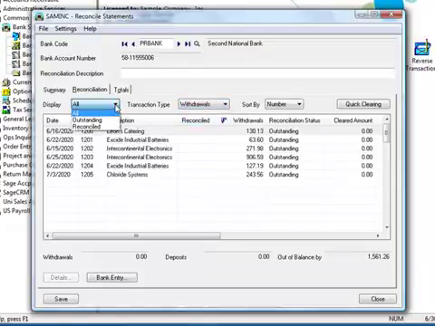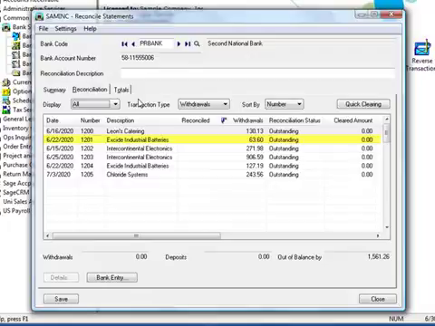Now let's reconcile our withdrawals. And taking a quick look at our withdrawals, we can see that new in version 5.6 is the ability to see transactions that fall beyond the statement date, such as this one dated July 3rd. Now our statement shows that the only check within our reconciliation dates that has not cleared our bank is number 1201. So we're going to clear the one before it manually and then clear the remainder in one operation using